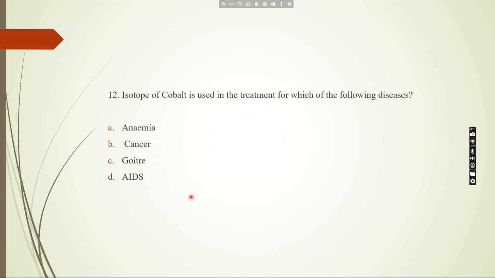Then, isotope of cobalt is used in the treatment for which of the following diseases? The options are